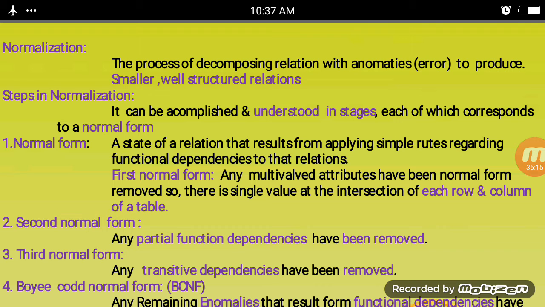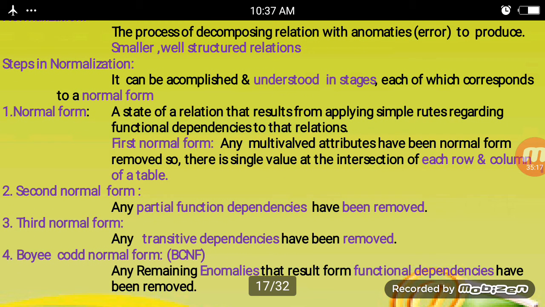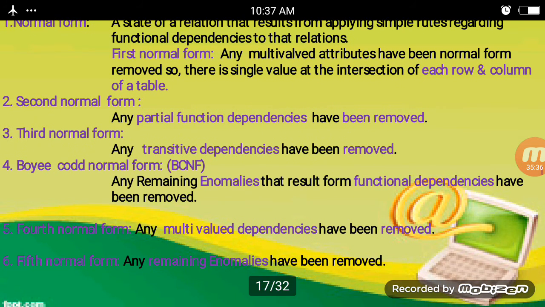Normalization can be accomplished and understood in stages, each of which corresponds to a normal form. The types are normal form 1, 2, 3, Boyce-Codd, and like that, then fourth normal form and fifth normal form.